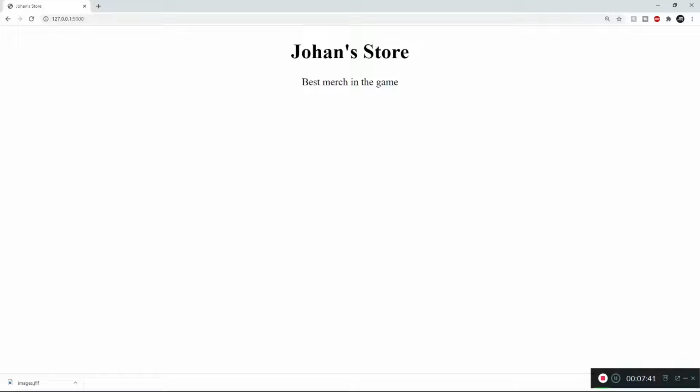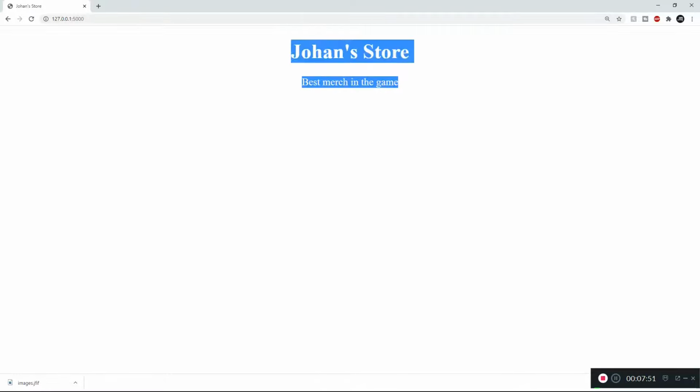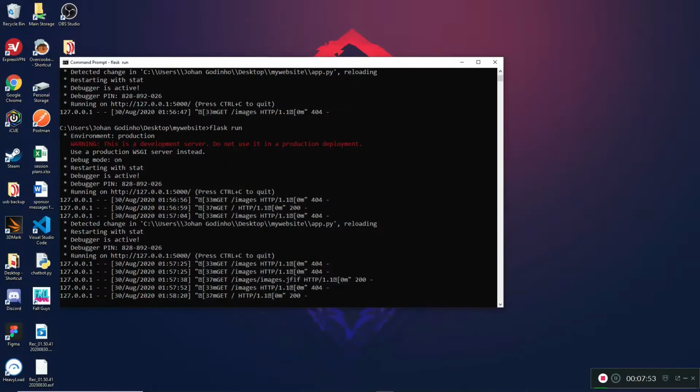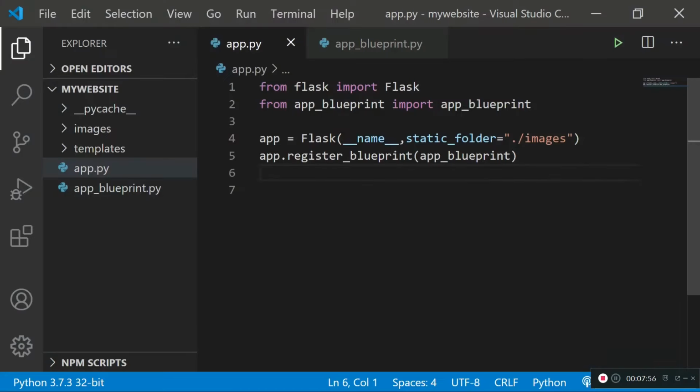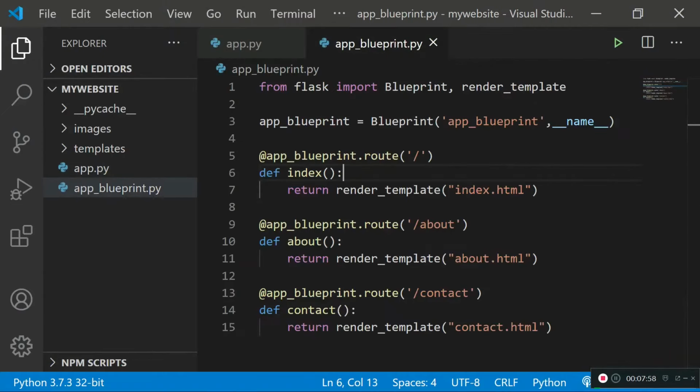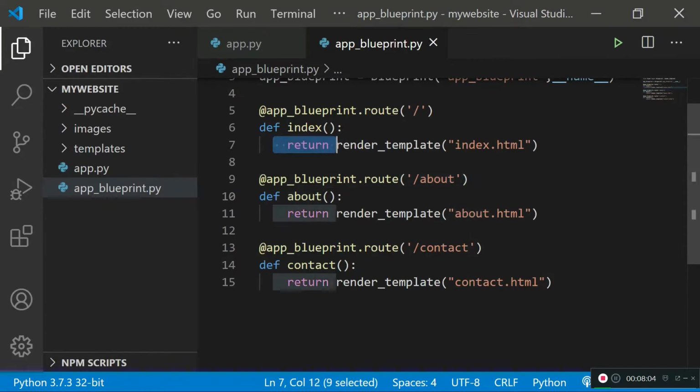So let's assume we have a section on this index.html page which shows the user the most popular products that are being sold on the website. And then it will show the user the name of the product, the size of the product, and then the price, since it's merchandise, so clothing. So what I'm going to do is go ahead into my app_blueprint.py file, which is where all the routing is. Now obviously the routing for my index page is right here,